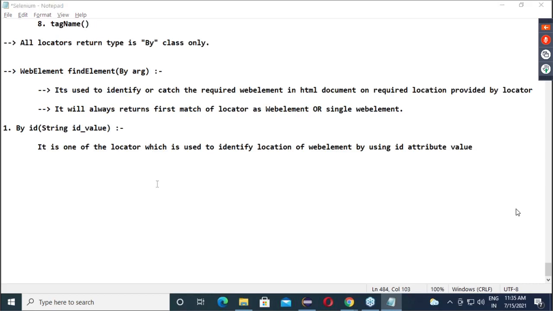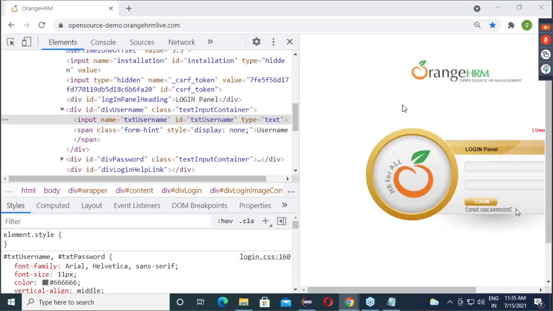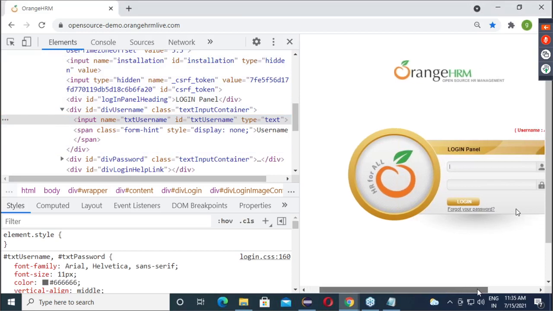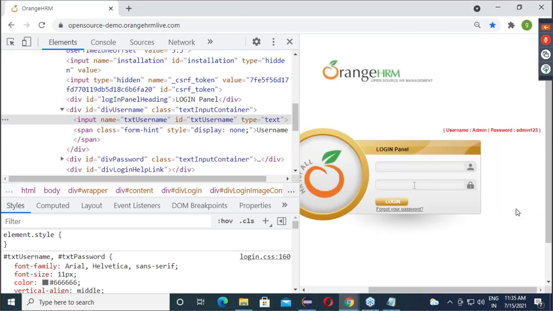Now guys, observe. Let's proceed with the password field. We have to inspect the password field. There are multiple ways of inspecting an element. Observe on screen carefully.